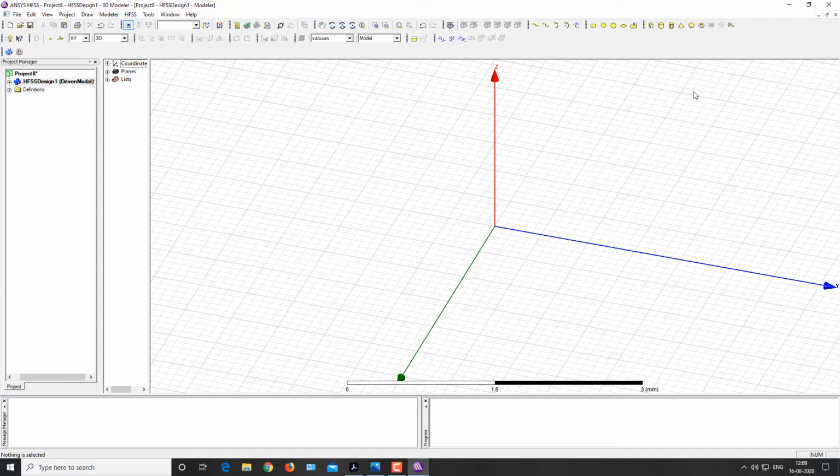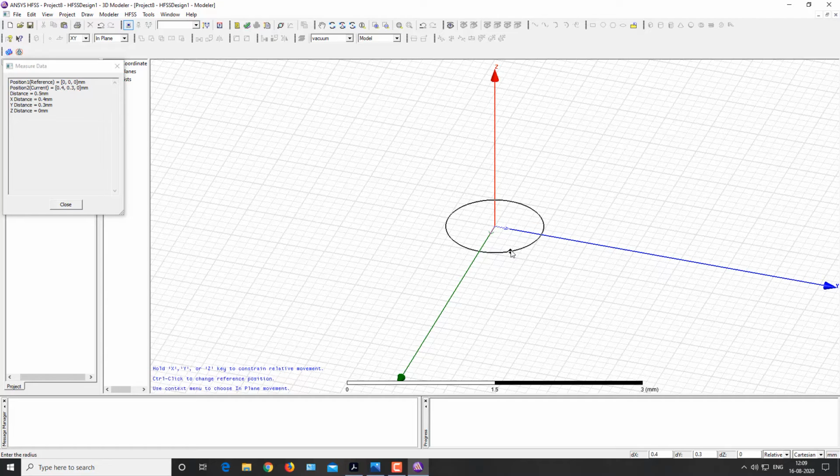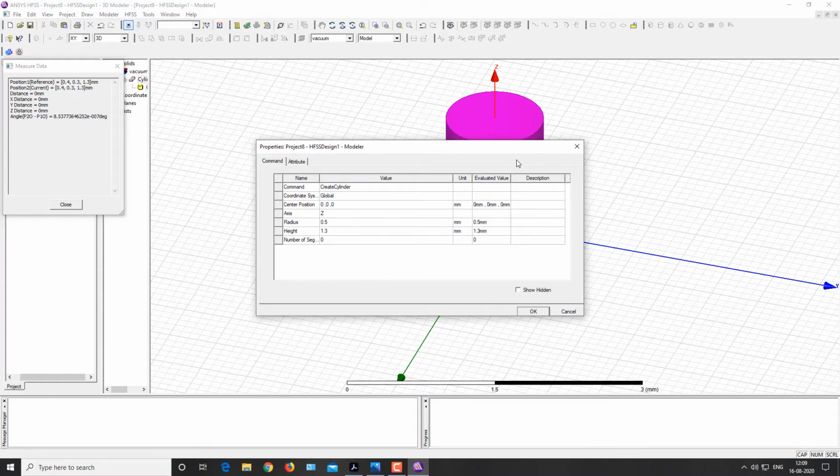There are two ways to design a cylinder. Select cylinder from the toolbar menu and draw a cylinder like this. Drag it for the radius and drag it in the z direction for the height. This is one way to create a cylinder. Now enter all the parameters like radius and height which you have calculated through the design equations of the dipole antenna. And there is another way